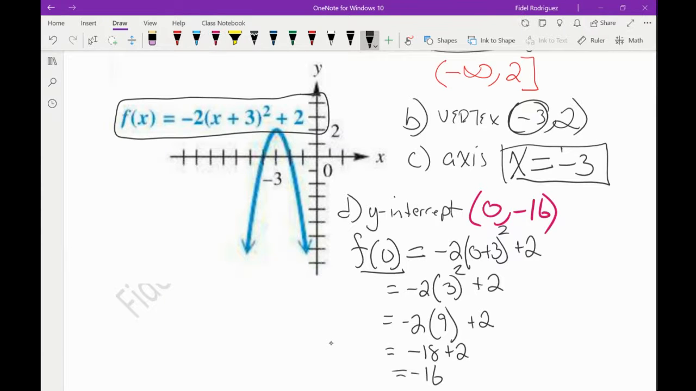So again, just to give you a visual of what that means, if I were to keep coming down like this, and let's see, this is 1, 2, 3, 4, 5, 6, 7, 8. I would have to come all the way down to -16 before that graph would actually hit the y-axis. That's what it's telling me. Okay, and now for the last part, y'all, we're going to find